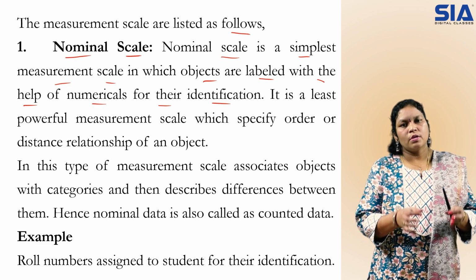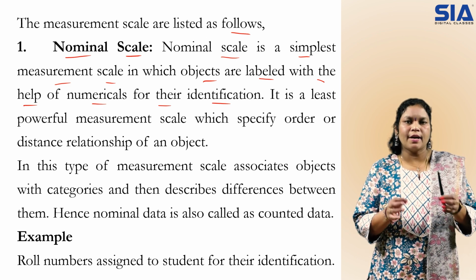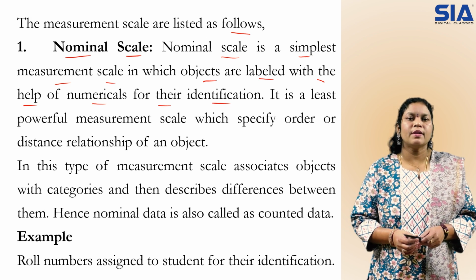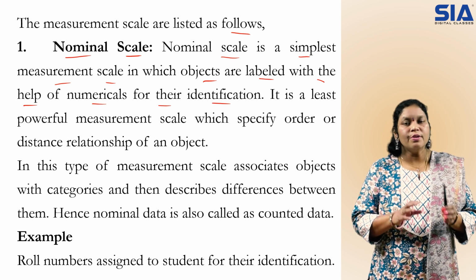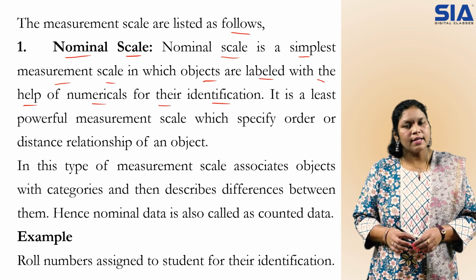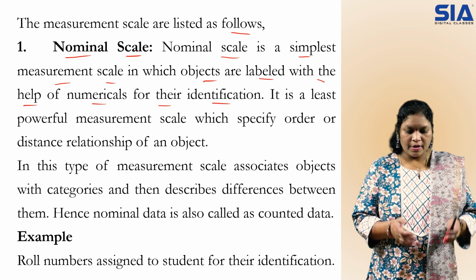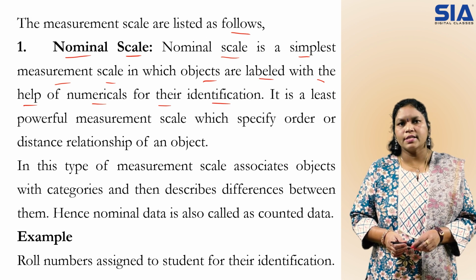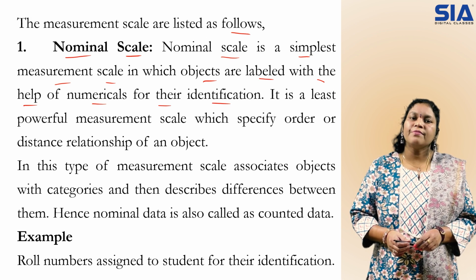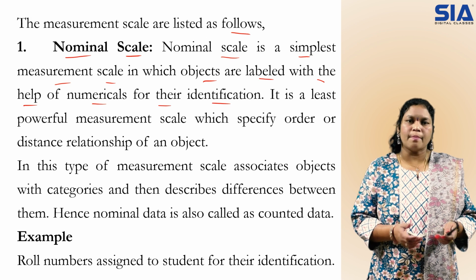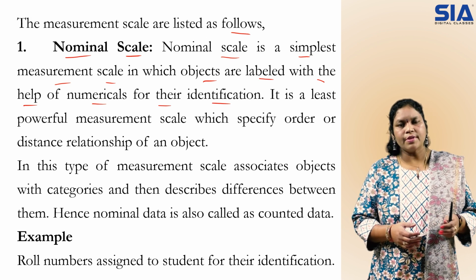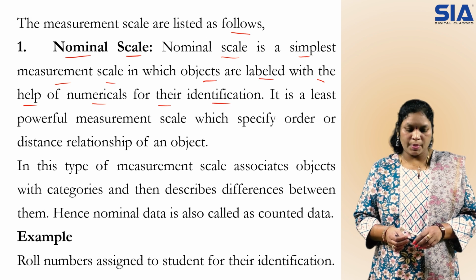To specify the data, we again have different types of scales, and we check in which scale the particular data will fit and try to sort that data. In that type of sorting, we have four different types of scales. The first one, nominal, we are discussing here. The nominal scale fits when the data are numbers. If we have numerical data, then we can handle it in the nominal scale.